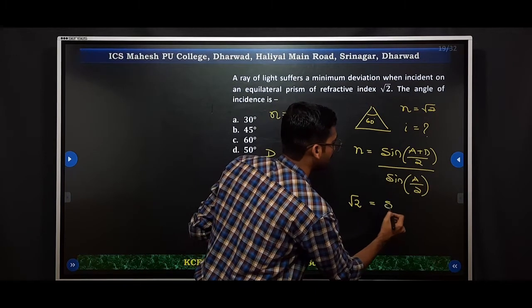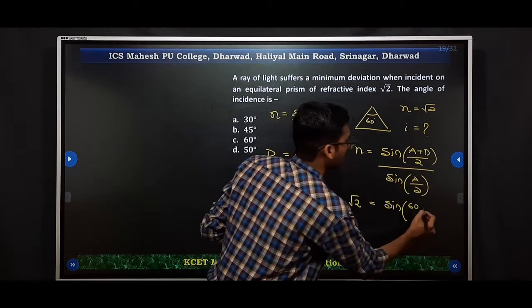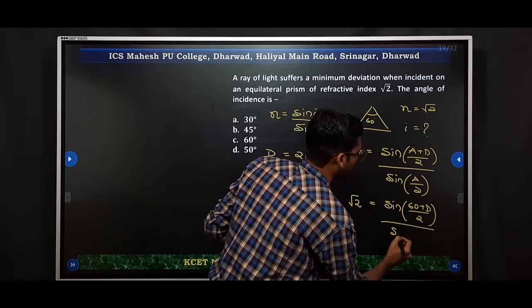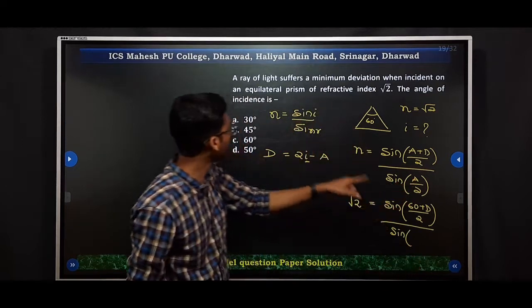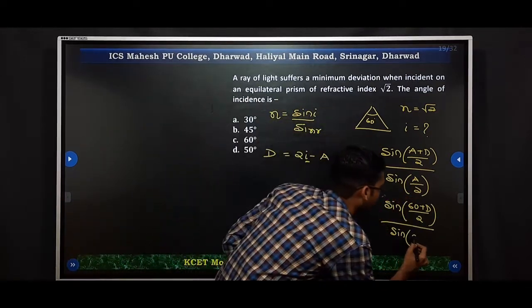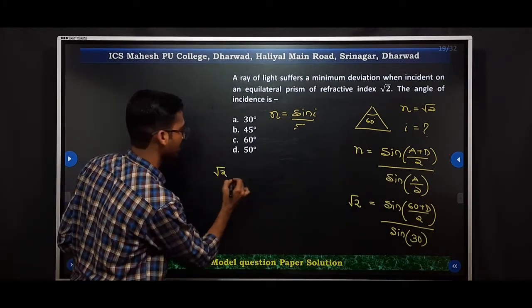Now, sine of, angle of the prism is how much here? 60. Plus D, whole divided by 2. Now what is the angle of the prism? That is already 60. So 60 divided by 2 will be 30. Solving further, root 2 into sine 30